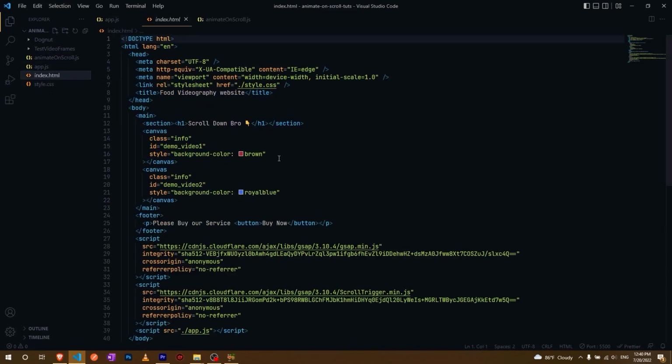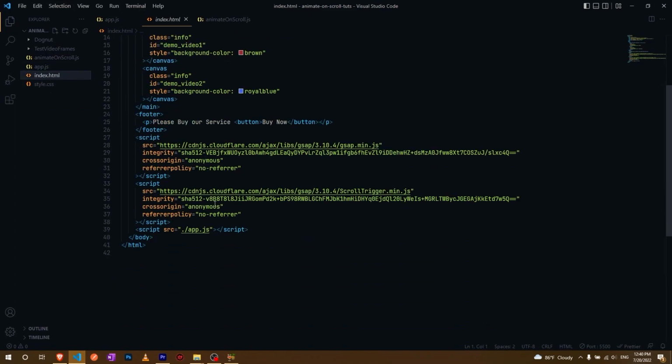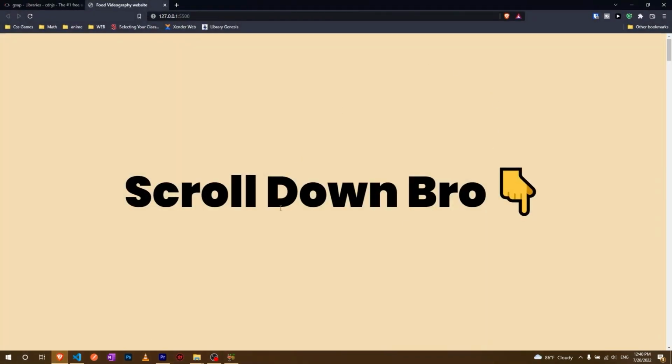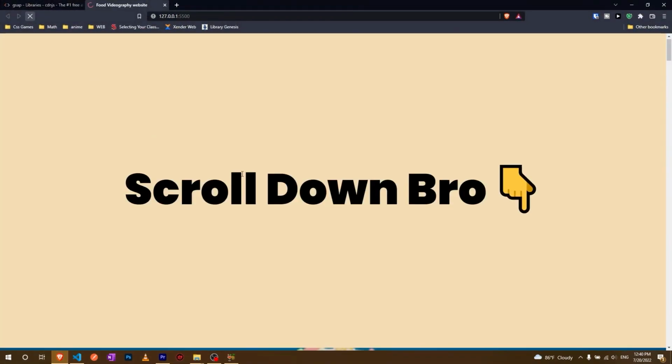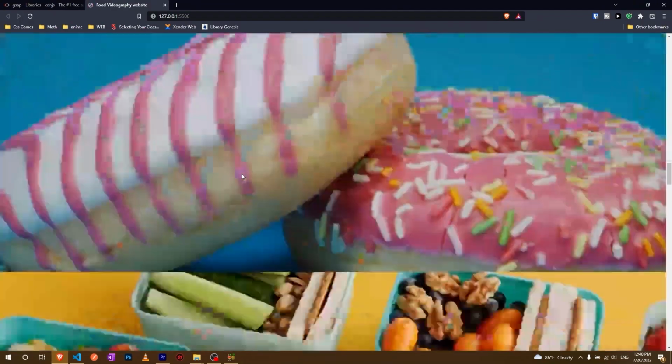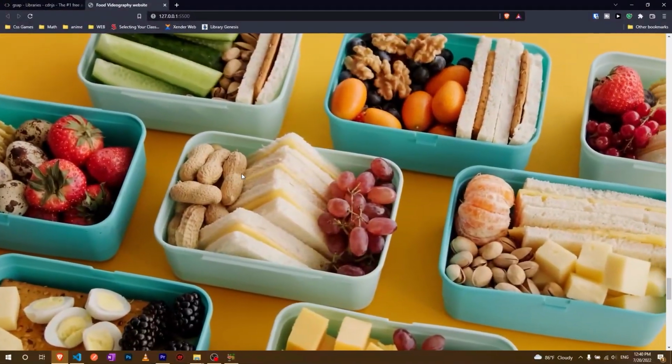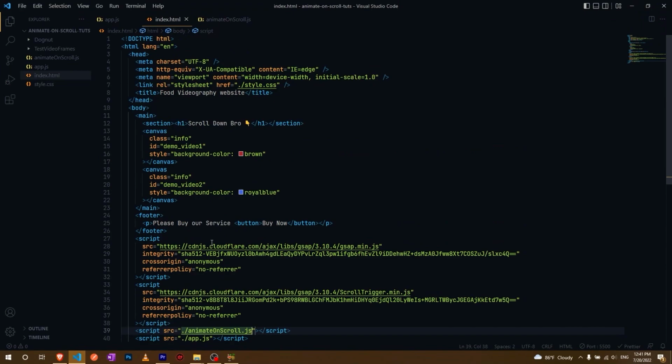index.html. So I'm just going to go to my index.html. Just before my app.js, I need to call my AnimeTone scroll.js. And now if you go to our video, yeah, everything still works perfectly. Let me just reload it. And yeah, everything still works perfectly. So now let's add some final amount of content and a bit of styling on that content, and our video